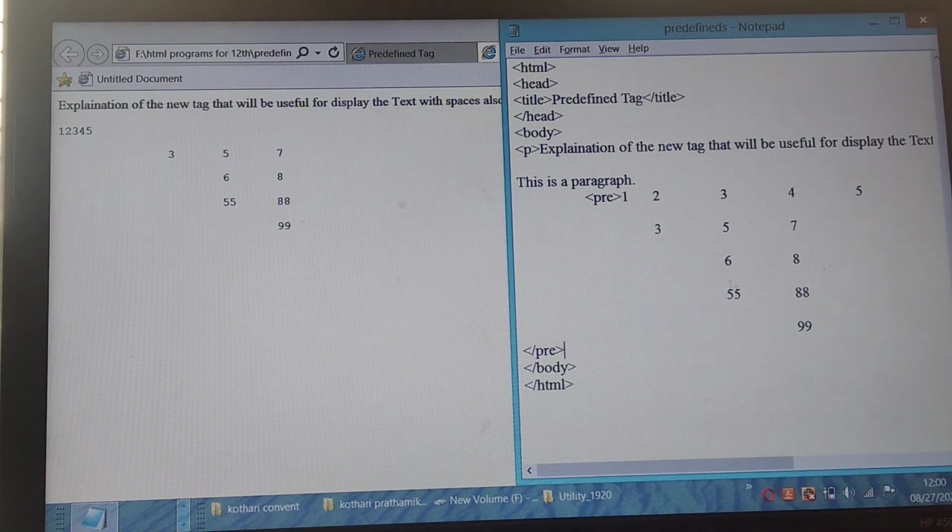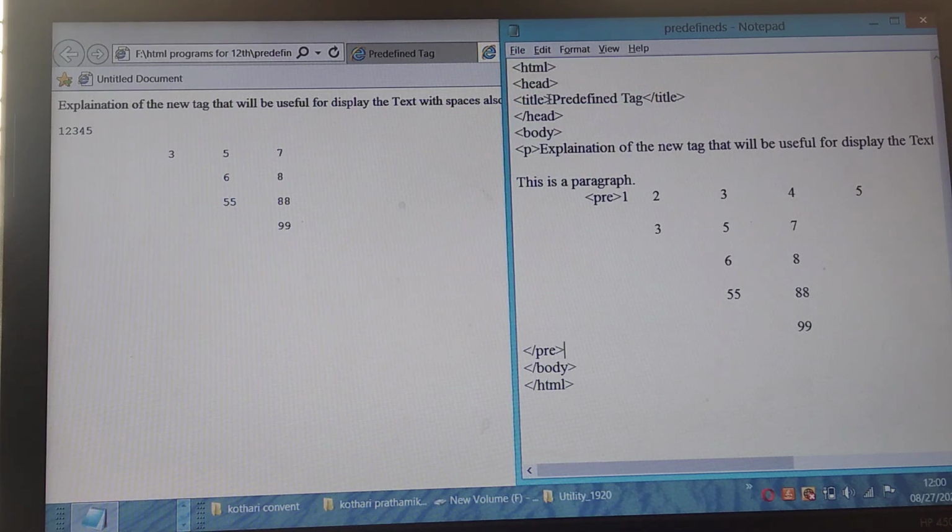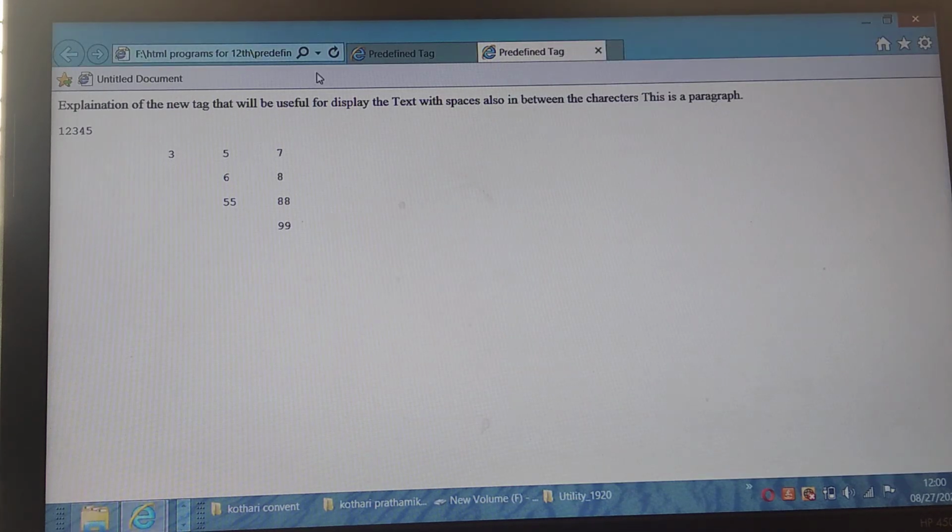After changing, I will have to save the document, go to the output screen and just refresh. You can see the output will be displayed like that.